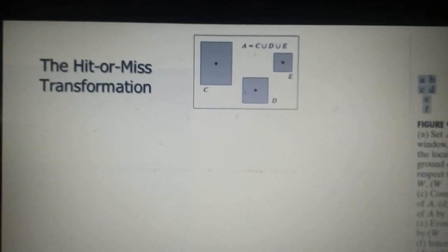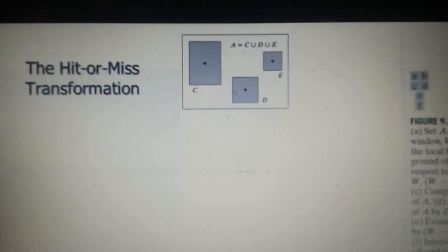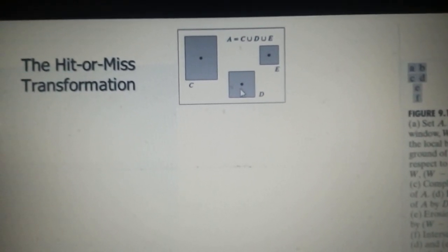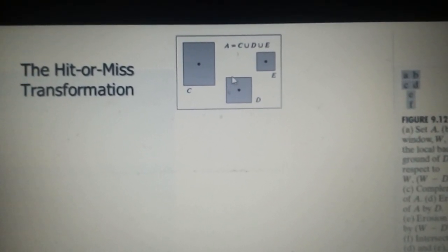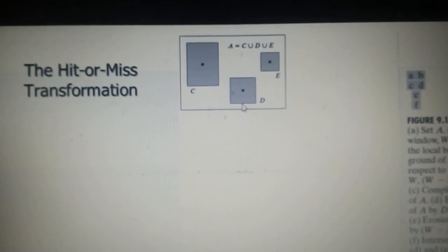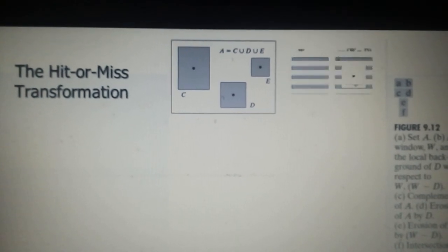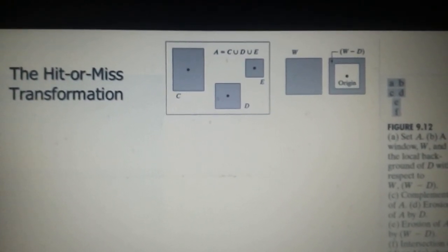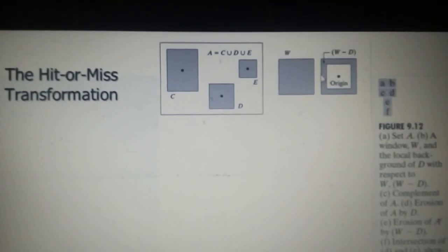Let us understand the hit or miss transformation by considering this figure. Here this is a set A consisting of the set C, set D and set E. In this example we are going to find the match or hit for the set D. How we do that is we take a window which will be a little bigger than the set D and subtract set D from the window, and we get this frame-like structure, and we call that the local background